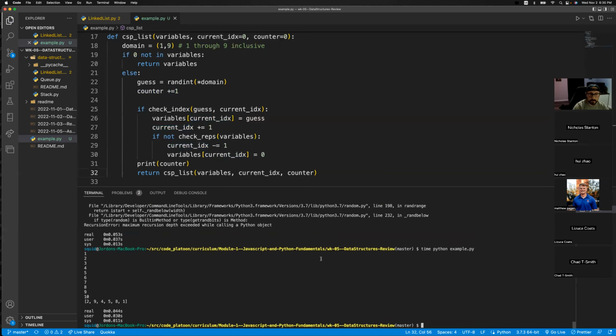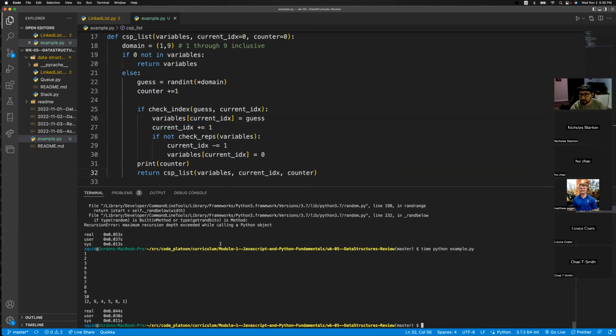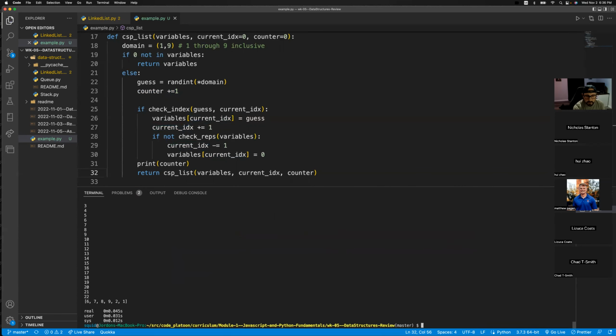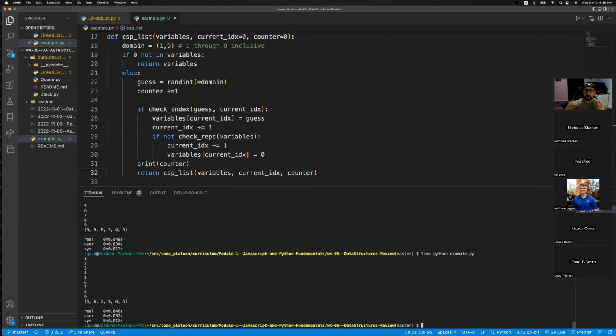Oh, that one broke. Look at that. So we did find one. This recurs 995 times for whatever reason. This one got it done in about 10. This one got it done in about 12, 22, 19, 9. So this is randomly generated. It can guess wrong. The number of times it guesses a number we already have, we could probably speed that up